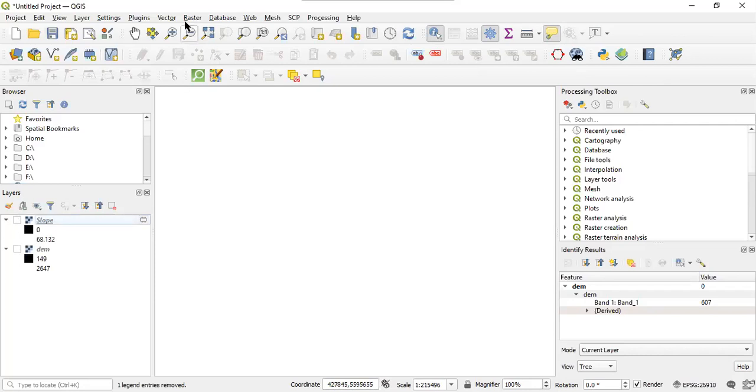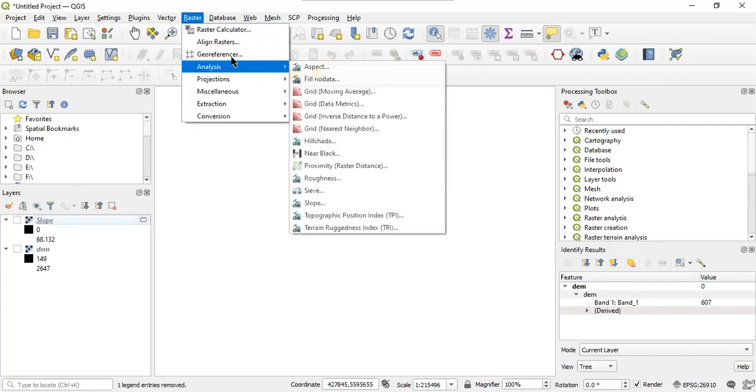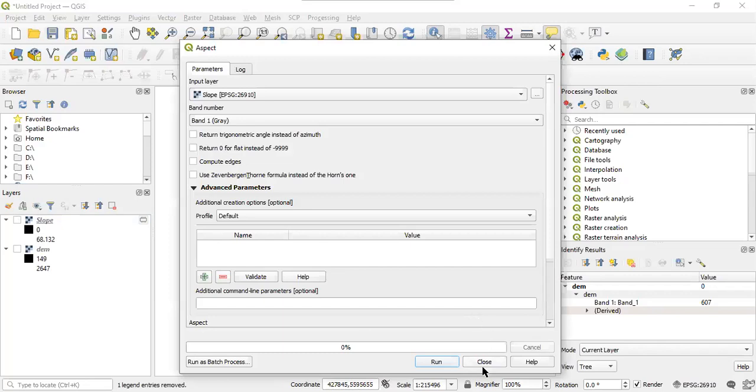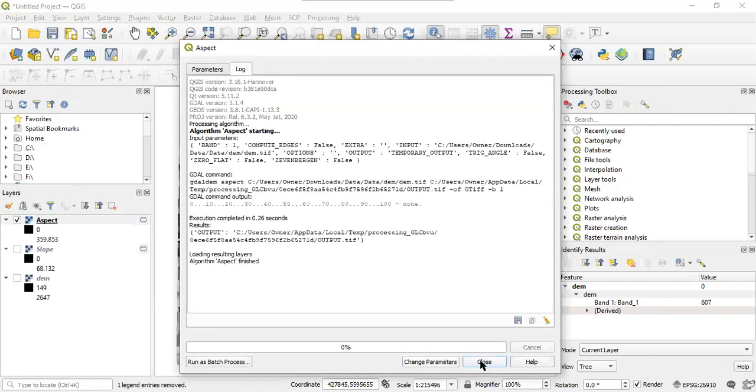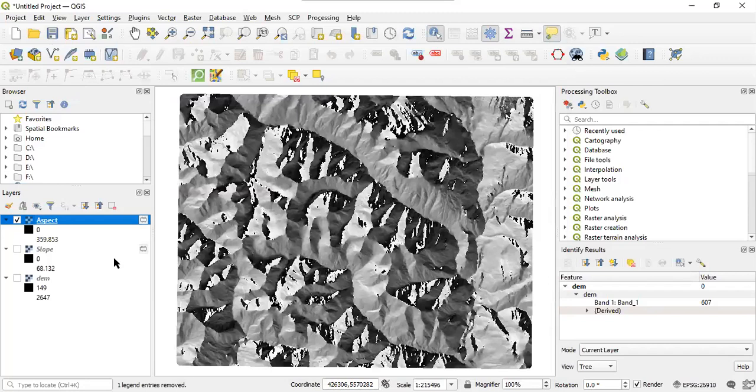Slope, DEM, raster, aspects. We want to put in the DEM. So the input should be the DEM. Is that okay? So run. Okay, so please, the input for the aspect should be the DEM. And then we want to also change